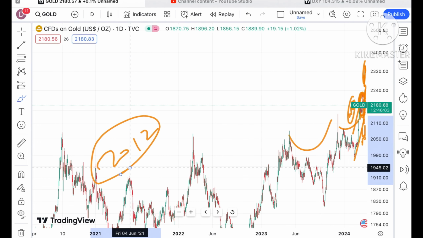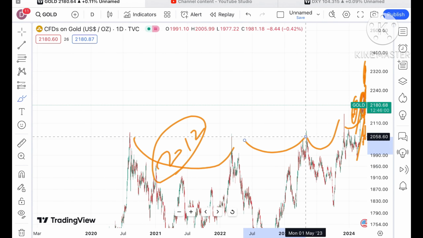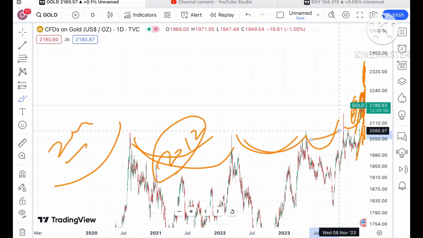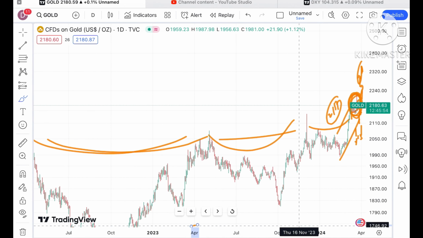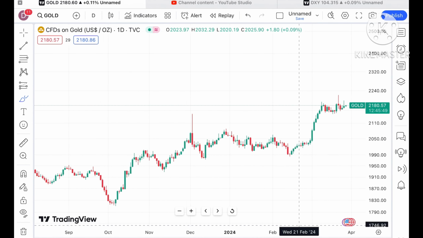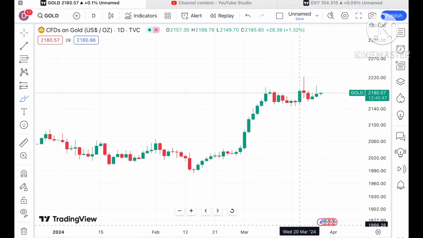Okay, and this particular trend is a U pattern which has been created from 2012 to 2020 also. Till now we have seen 4-5 patterns formed. This is 2012 to 2020, this is 2 years, 8 years, and 5 or 6 months. Okay, so looking at this particular chart, chances are very high that it can move